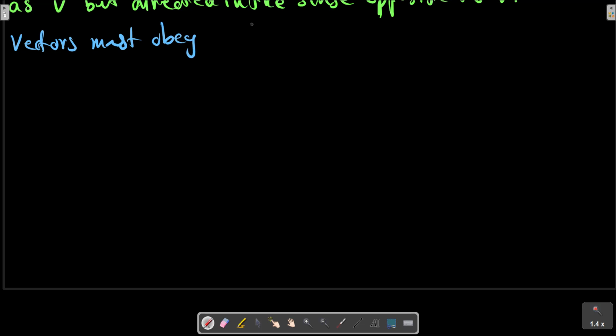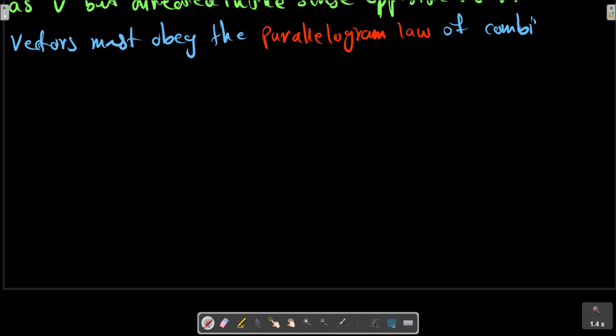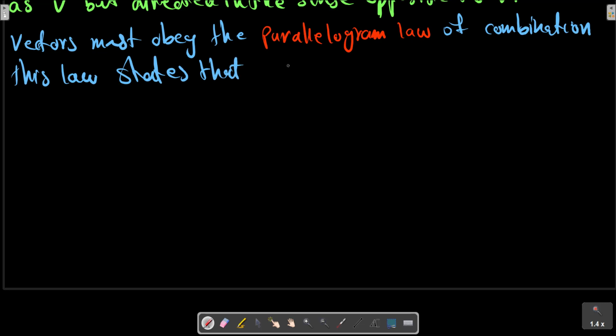This law states that two vectors v1 and v2, treated as force vectors,